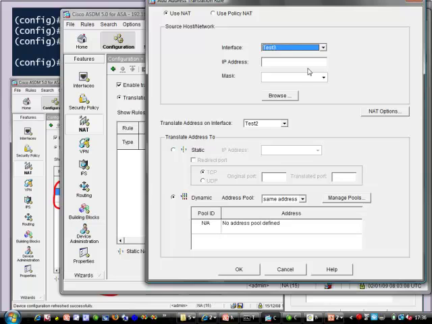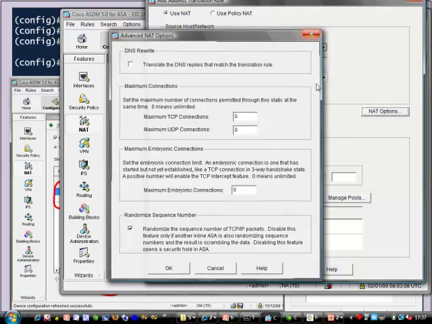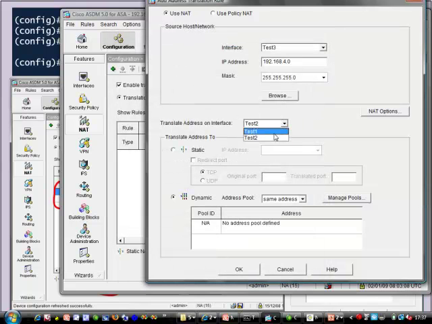So our source in this case is test 3, then we can define 192.168.4.0, define our subnet mask as that. Just check our NAT options, everything's fine there, and we want to map that on to our outside interface, test1,